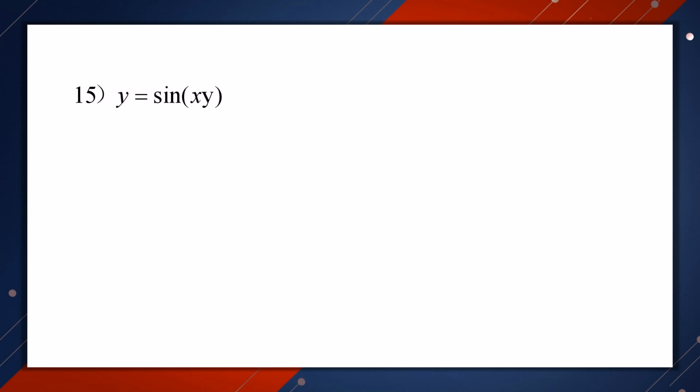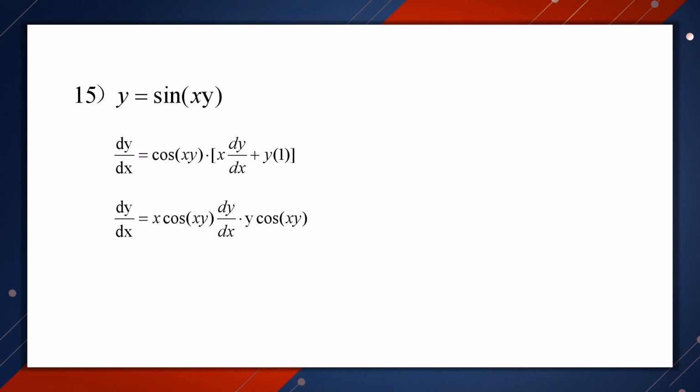And this is question 15. The question is find the derivative of y in the equation y equal to sine xy, and we bring derivative on both sides, and we will find derivative of y equal to cosine xy times x times derivative of y plus y times 1, and then simplify it, we will get derivative of y equal to x cosine xy